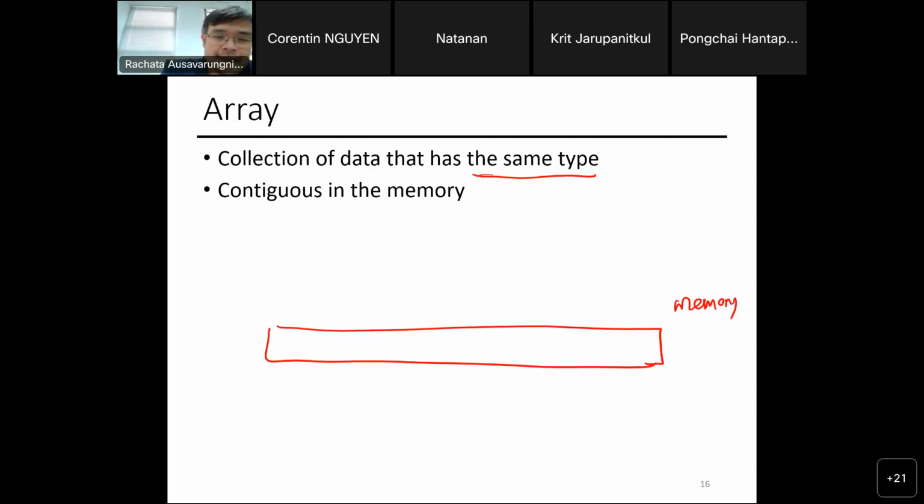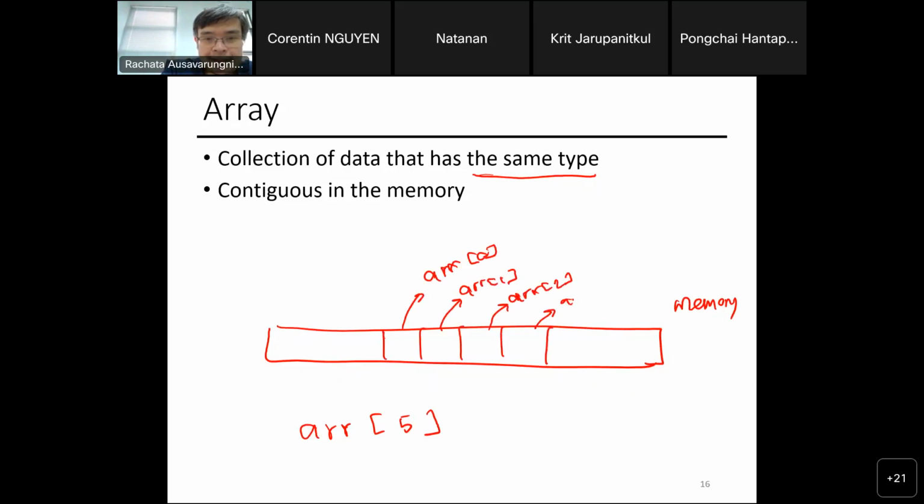When I declare an array, let's say an array of 5 items, it means that the first item will be here, which is next to the next item, which again is next to the next item, ARR 2, ARR 3, and then ARR of 4. That's what I mean by contiguous. Literally, they're right next to each other. Clear?